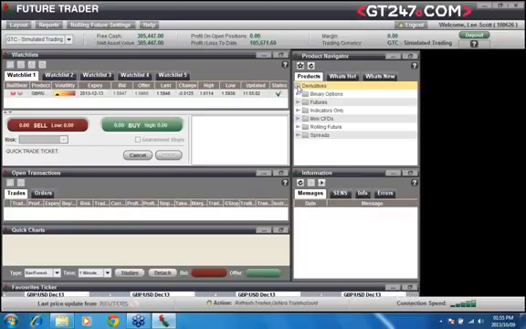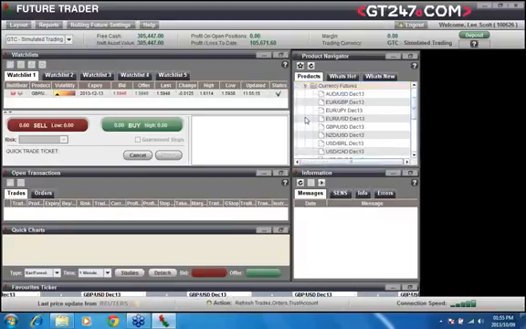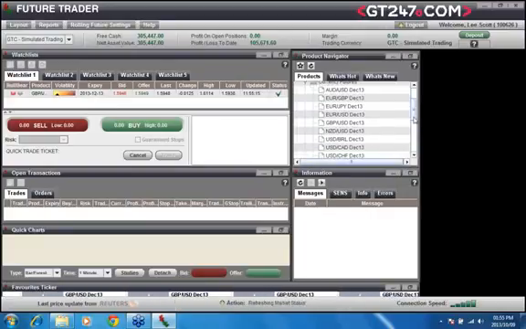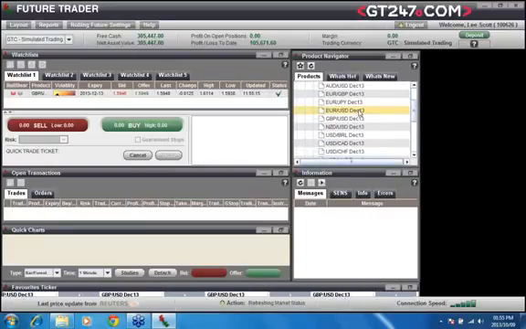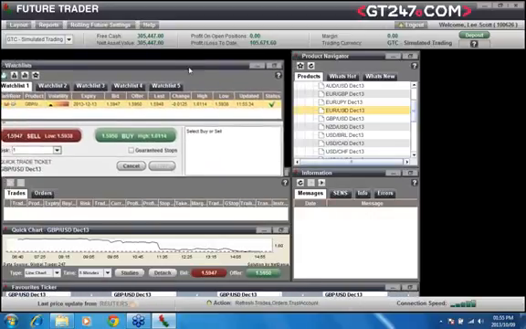Now, if you were to, for example, look at a particular product, all you would do is click on the down arrow. We've got several, and a more popular one is our currency futures. That's exactly just as a trade demonstration I'm going to give you. And for argument's sake, the Euro USD, also very popular. If I wanted to view this in my watch list, I would right-click on it and then double-click. And then effectively what would happen is it would jump into this block that I'm waving around now called my